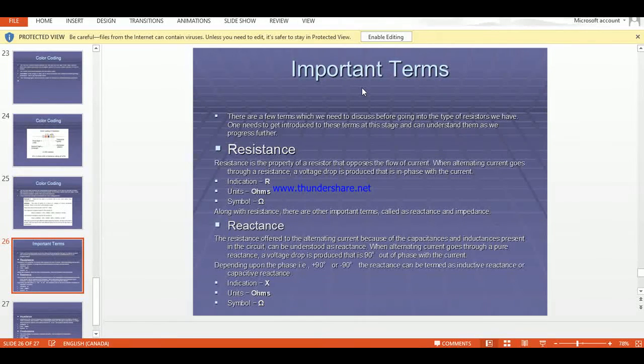We need to get introduced to these terms at this stage and can understand them as we progress further. So the first term is resistance. Resistance is the property of a resistor that opposes the flow of current. When alternating current goes through a resistance, a voltage drop is produced that is in phase with the current. The unit is ohm, and the symbol is